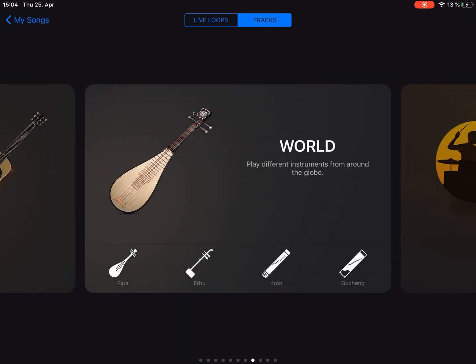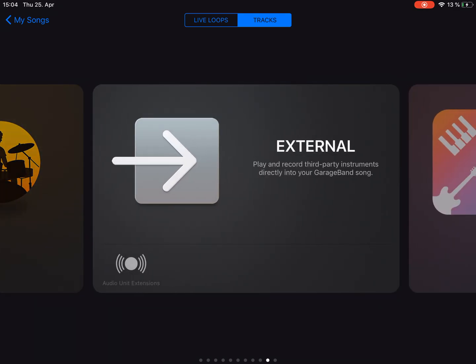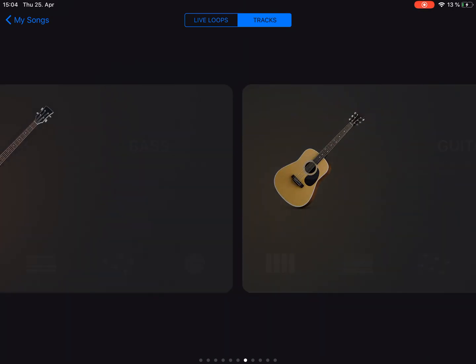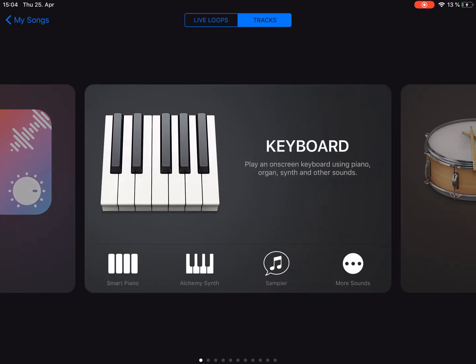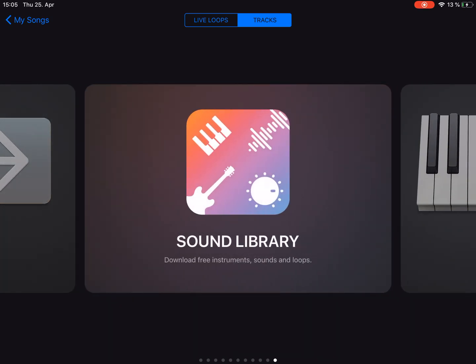Guitar is for guitar recording. World section is where you have some other nations' native instruments to make your track a little bit more interesting. Drummer is where you can work with actual virtual drummers. I'm going to show you what that means in a little bit. External is basically third-party instrument recording into the song through certain adapters. So if I want to record a keyboard but I don't want it to be the virtual keyboard but a third-party instrument, I could do it through the external part. Sound library is where you can access certain loops, which I use a lot